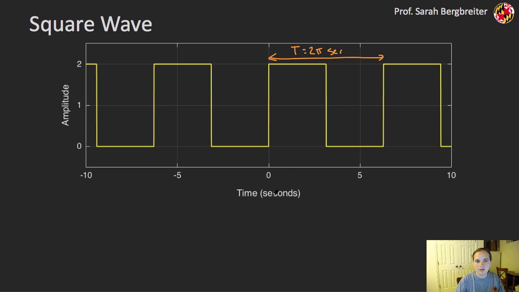Right, so my units of this are seconds. And using that period, I can actually go calculate a frequency, for example. So my frequency is going to be 1 over T, which in this case will be 1 over 2 pi cycles per second, so in this case hertz. And then I can also think about a cyclic frequency, or omega. So omega is going to be 2 pi f, remember that's my circular frequency, and I will get 1 radian per second